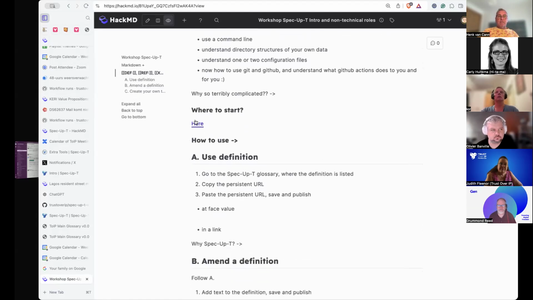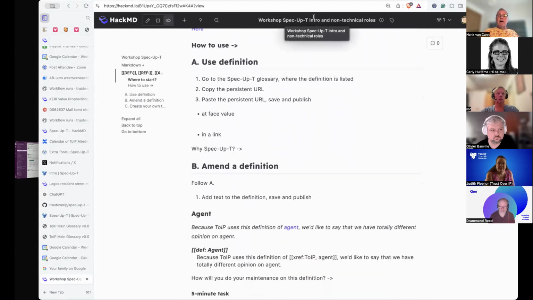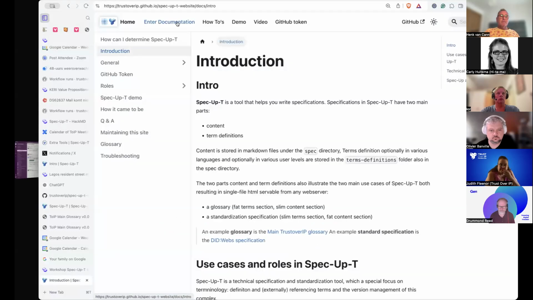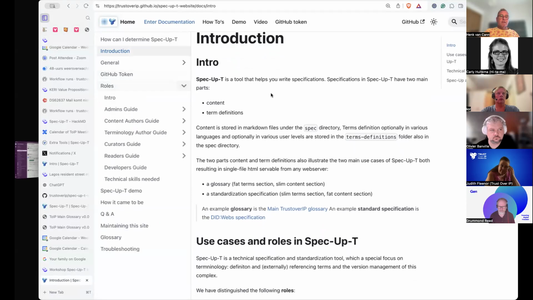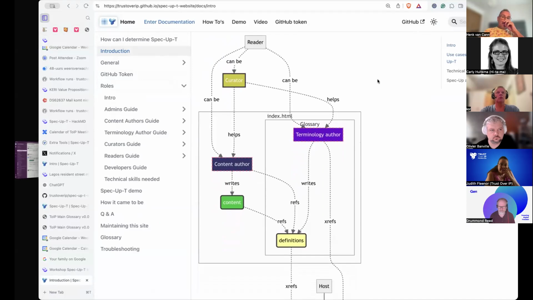So where to start? I have a simple click on this one, and it goes to the documentation, and how to use it. That's where we start now. I will start with the basics for non-technical roles. And how can we find them? What are our non-technical roles? I go to the documentation, I go to the roles, to the introduction, and somewhere here you see a diagram that says anyone that reads a glossary, or a whole specification with a glossary to it, such a person